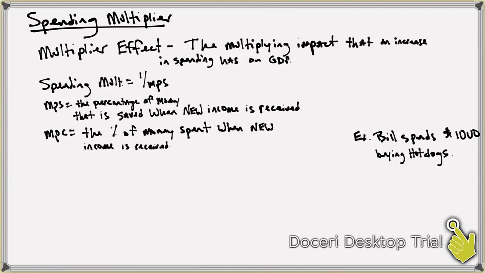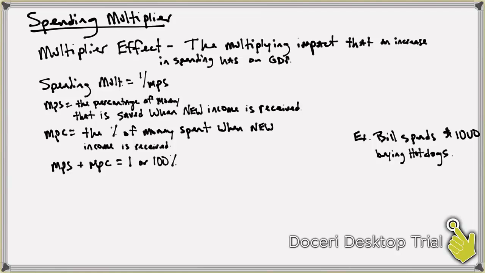And so just like the MPS, the MPC tells us if an individual receives new money, this is the dollar amount of that new money that they are going to go and spend. Okay? And we have to understand that there's a relationship between MPS and MPC, and that they always equal 1 or 100%, depending if we're expressing the numbers as a decimal